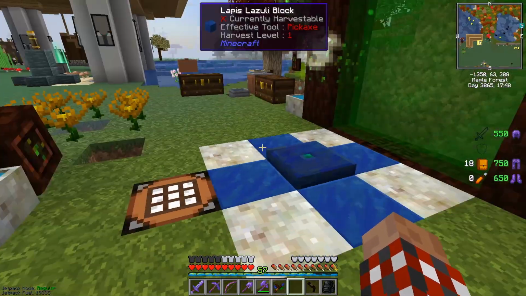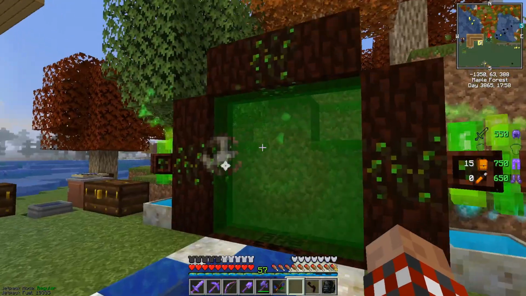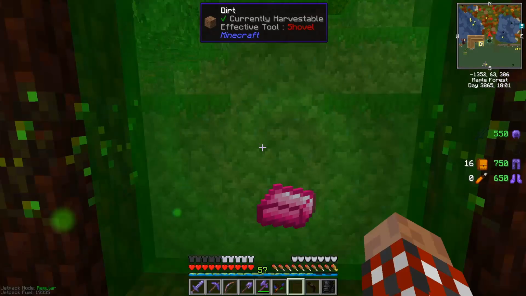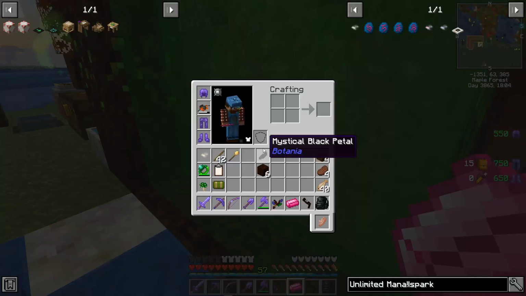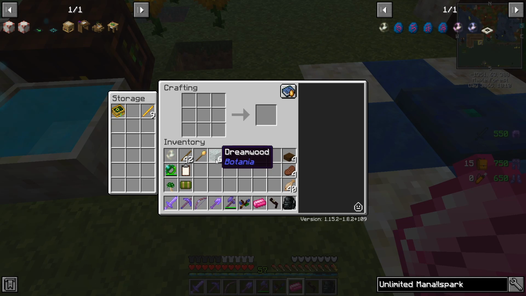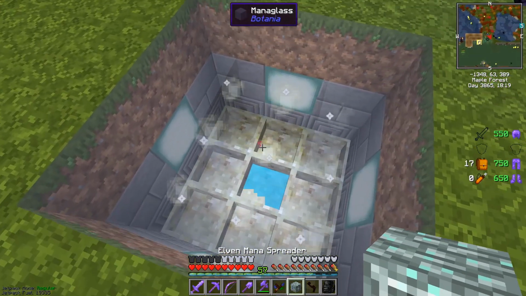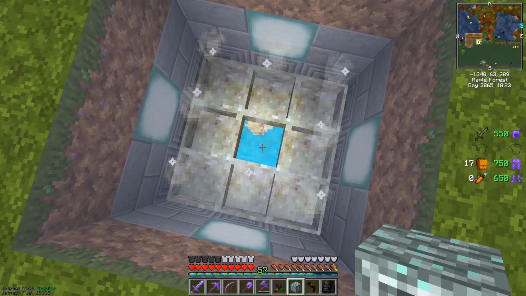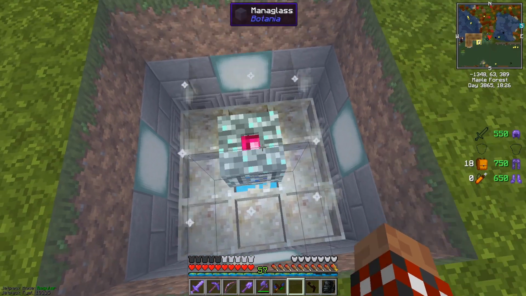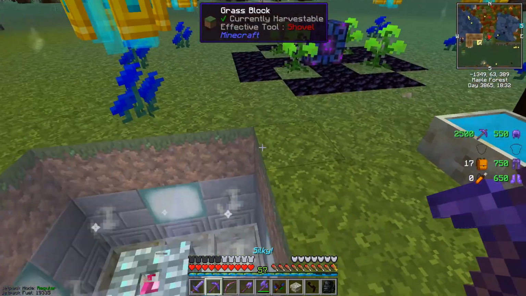Now, what I do want to do is I want to make another spreader. And for that, I want to toss that through to give me an elementium ingot. Oh, and I'm going to toss these living rocks through, or living woods through to get me the dream wood. And if that goes there and that goes there, yep, that's my elven mana spreader. And so it does a faster job of pushing mana around. So if I click that, can I click that there? Yes. And it's pointing up, which is exactly what I want it to do,